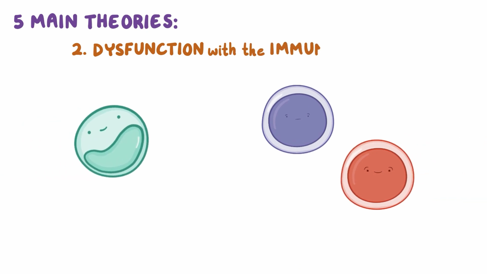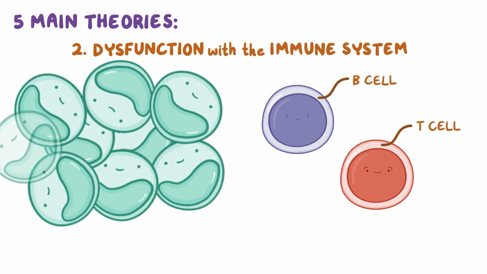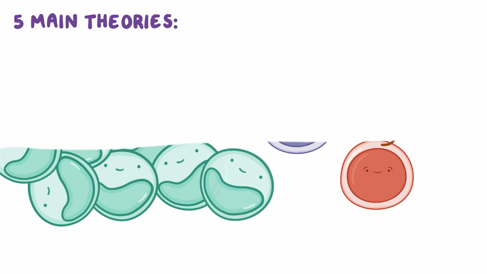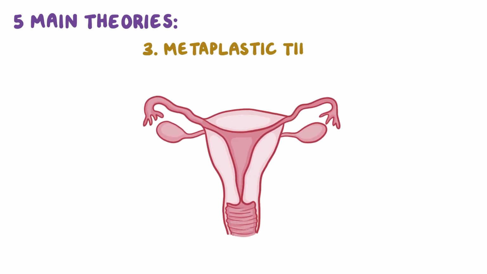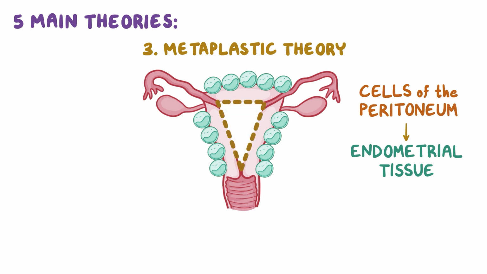So the second theory is that there's a dysfunction with the immune system where B and T cells don't respond to endometrial implants and allow them to grow. Third, the metaplastic theory suggests that the cells of the peritoneum, which come from the same cell line as endometrial cells, can transform spontaneously into endometrial tissue. This theory explains how in rare cases, a woman that underwent a hysterectomy, where the uterus was surgically removed, can